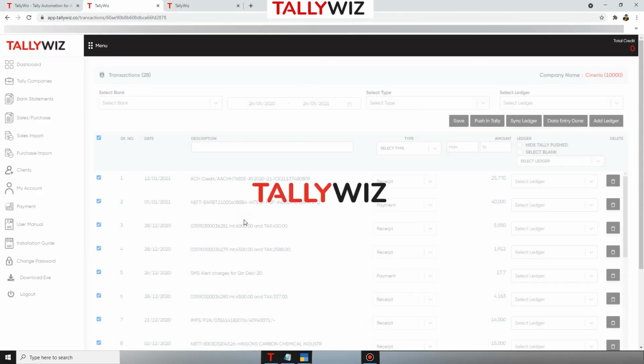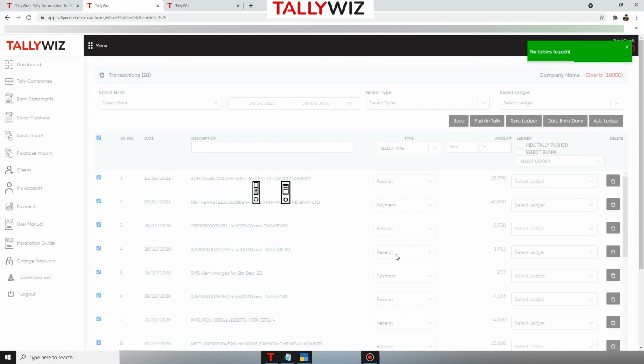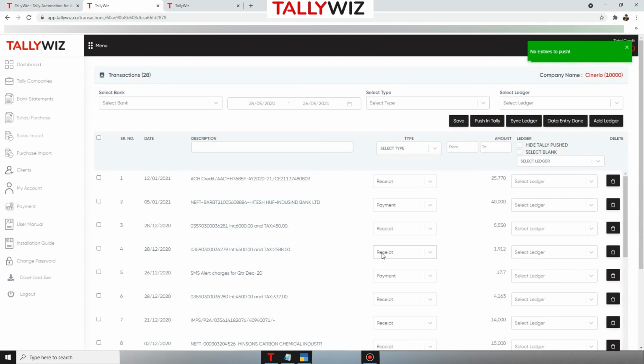The screen will show your entry is in progress. You may switch to desktop application to verify this. In a short while, you will get a notification that the operation is successfully executed. Check the bank entries in Tally. All your entries will appear in the respective company with the details.